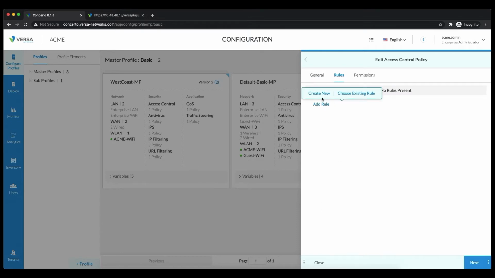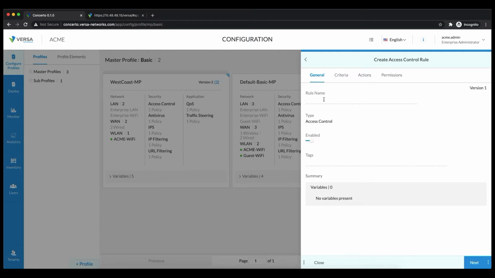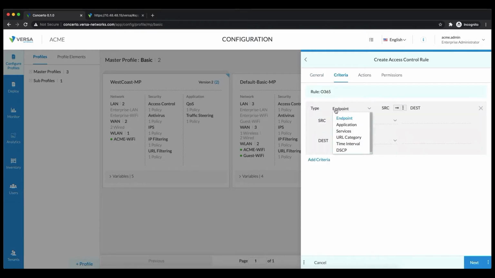So let me start with creating a new rule called Office 365, and the match criteria. Click on this, and then you can see here various match criterias. Can be endpoint, application, services, URL category, time interval, or DSCP. Okay, let me pick